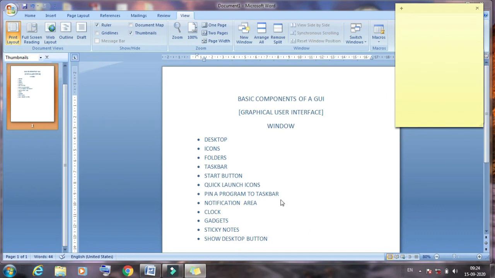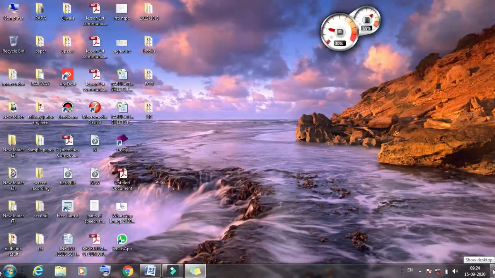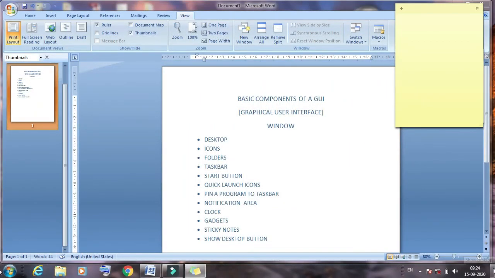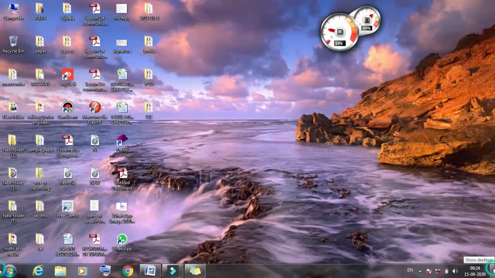Now we will discuss the last component of a GUI. The last component of a GUI is show desktop button. Here this is the show desktop button icon. This is the taskbar and this is the rightmost area. This is the show desktop. Simply click this icon, then after that you can visit the